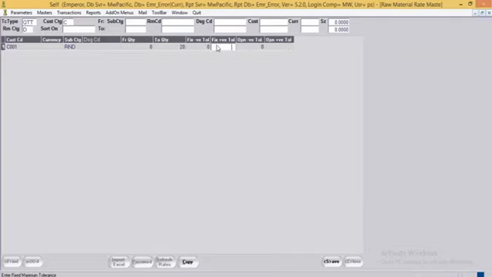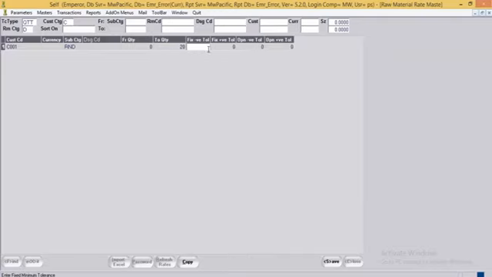Fixed tolerance will get applied whenever the diamond weight is as per the actual, or user has fixed the sales price in the order entry. And the open tolerance will get applied in case when the diamond weights are charged as per the actuals, or fixed price option is set as no.